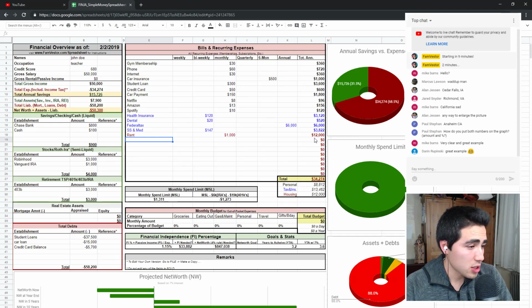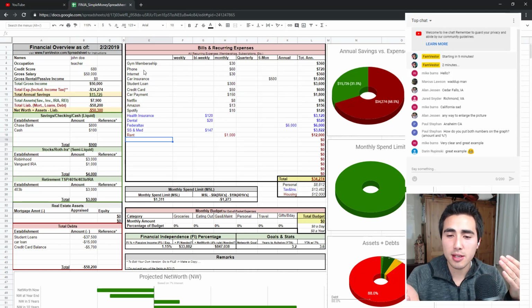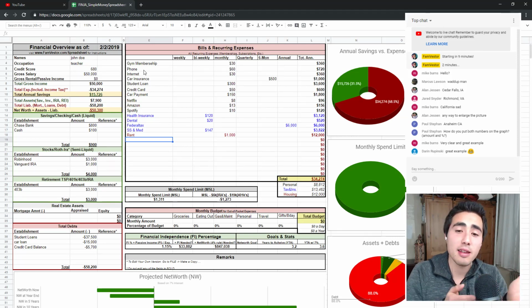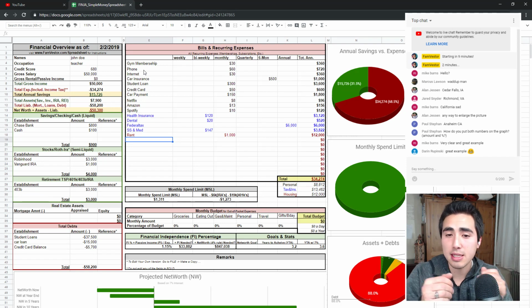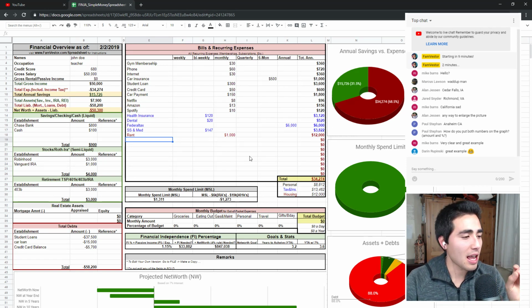You can see that quickly jumped up. So now he's still saving, a pretty good amount, 30% of his paycheck. But these are all recurring expenses. I haven't included any out-of-pocket expenses yet. But these are things that he's going to be charged no matter what he does. Unless he eliminates them, he chooses to get rid of that Netflix account and save that $8 a month or $96 a year. He can do that. But as it is, these are what's going to hit every month. It's going to be that much out of his monthly income. And so the maximum he can save right now is at $15,000.